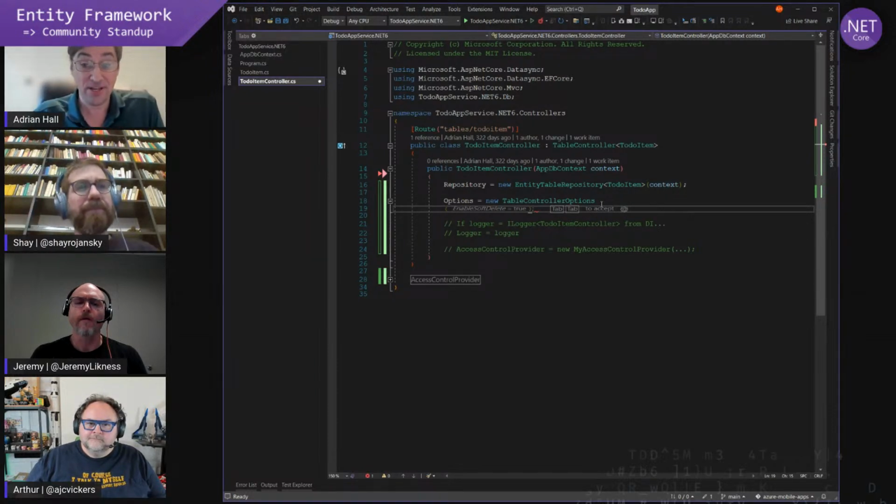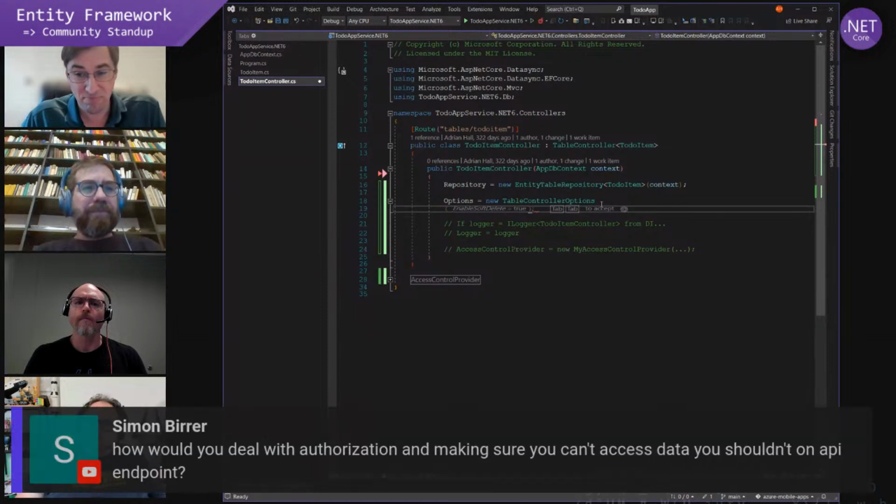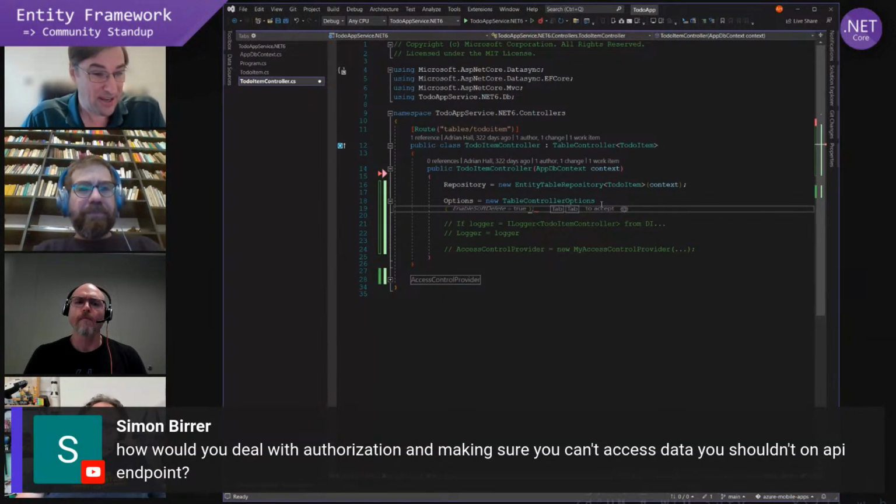And then the unauthorized status code: we actually have a relatively strong per record authorization scheme above and beyond what ASP.NET Core provides. And sometimes we have to specify the authorization. How would you deal with authorization? Yes.